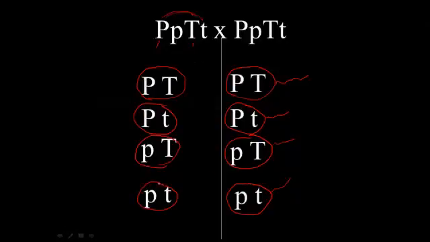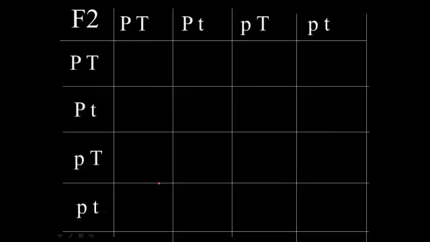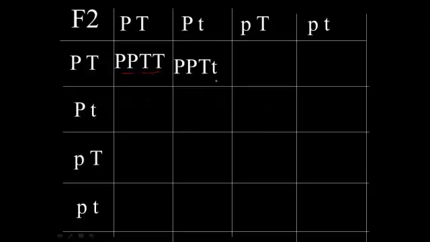All right, so now I'm going to create my Punnett square. Now this is going to be a much bigger Punnett square than we've usually made. So here's the F2 generation. I have four possibilities across the top and four possibilities across the side. But I still do the same thing. I bring them down and across. So this plant here, what's he going to look like? This plant's going to be homozygous, and it's going to be purple and tall. This plant, I'm not going to go through every one, but again, look, purple, tall. Purple, tall, purple, tall,